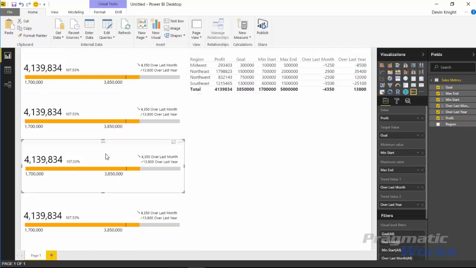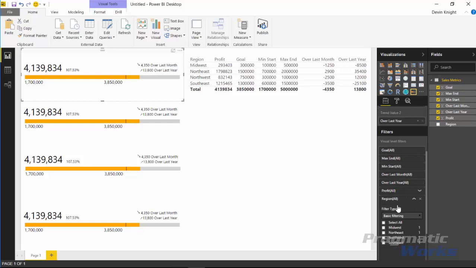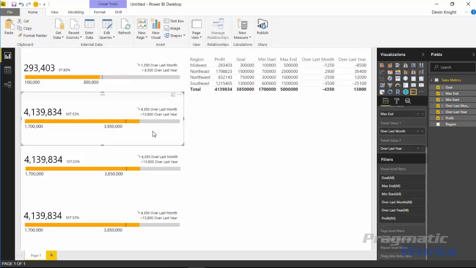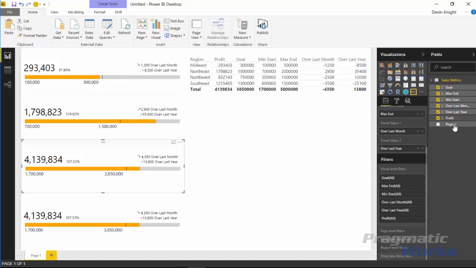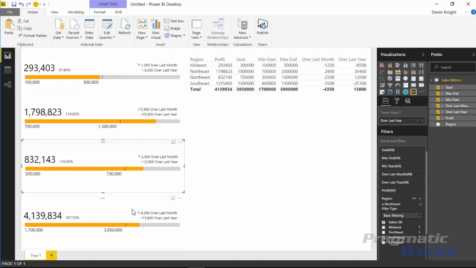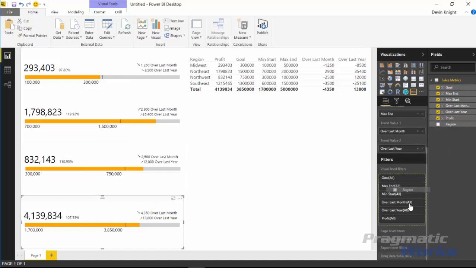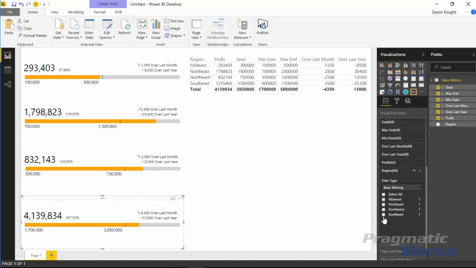So right now they're all exactly the same, but what I could do is go underneath my first one, drag in the region underneath the filter section here, and add a filter on region and call this my Midwest region. And I can do the same thing for the next one. Select the next gauge, drag in region, and I can make this one my Northeast gauge. Select the next one, drag in region, and then make this my Northwest gauge. Select the last one, drag in region, and so you kind of get the idea of why having a multiples option